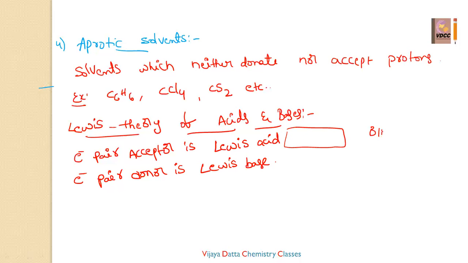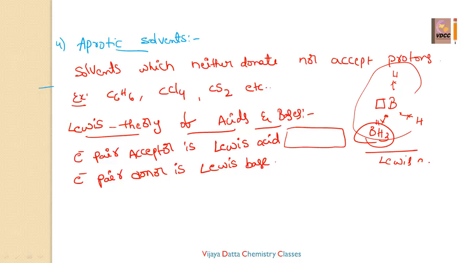Example is BH3, we can take as an example. Boron has 6 electrons, but according to the octet configuration, 8 electrons in the outermost shell is stable. But boron belongs to the third group, has 3 valence electrons. These are forming a bond with 3 hydrogens. Then it is forming a bond with a total of 6 electrons surrounded by boron, but 8 are required. So it has an empty orbital, meaning a vacant orbital. So we can say BH3 is the electron pair acceptor. So we can say BH3 is the Lewis acid.